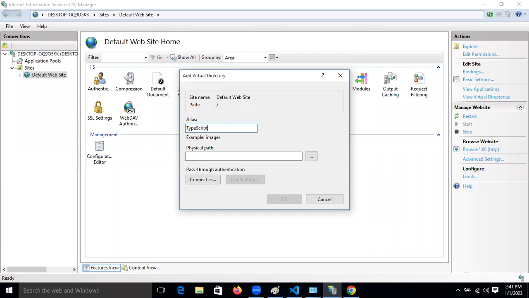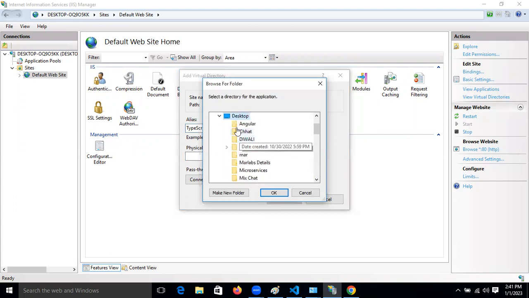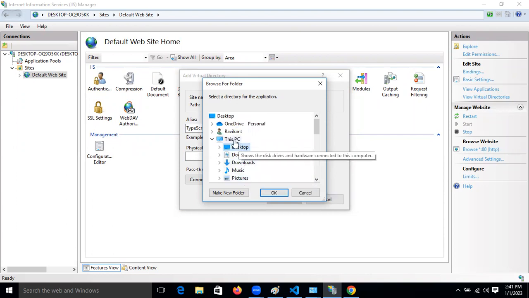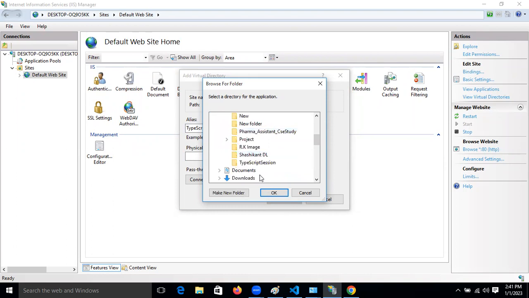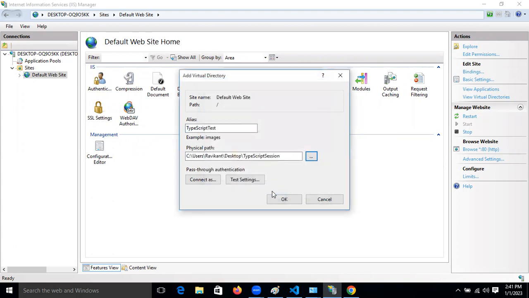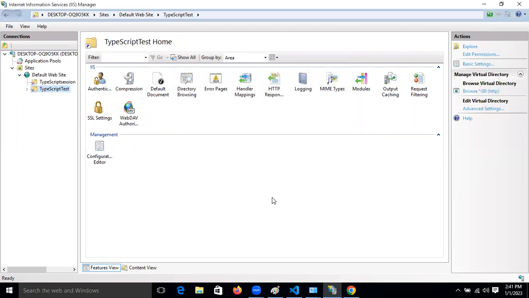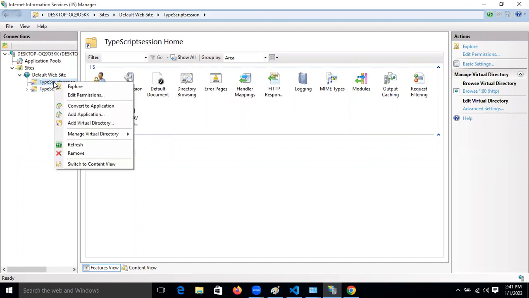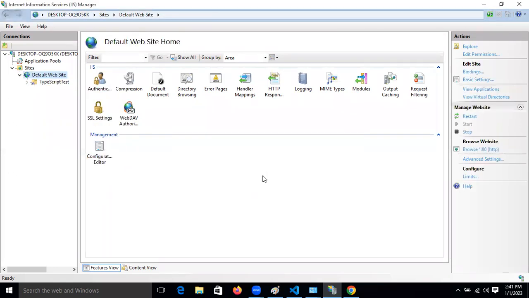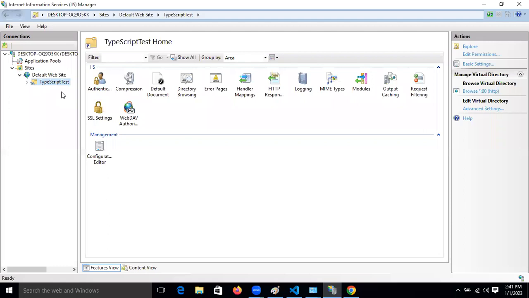Okay, so here TypeScript. Let's give test. Now select that directory. Ravi, you can select Default Web Site, it is inside the Default Web Site site. Now we clicked. Oh, here, see. It's already there, it's not showing. Now remove this one. I'm removing that one. Okay, so here we are getting TypeScript test. This one will become our